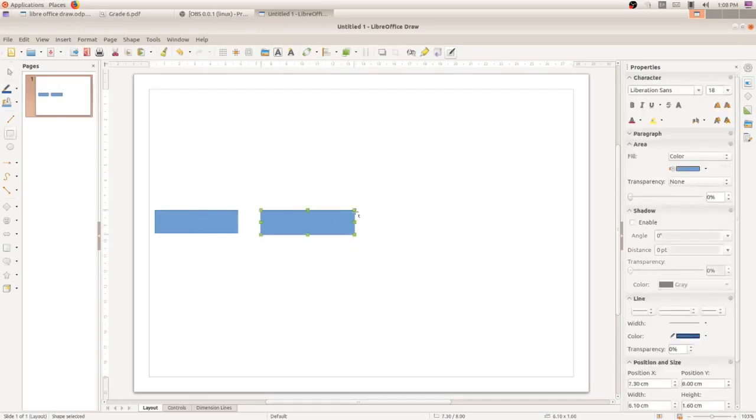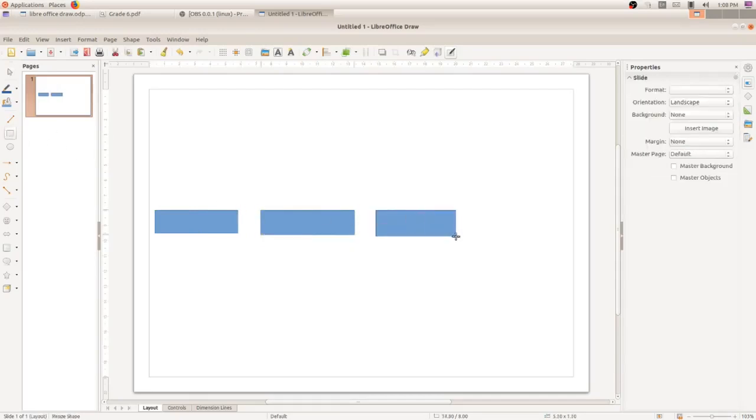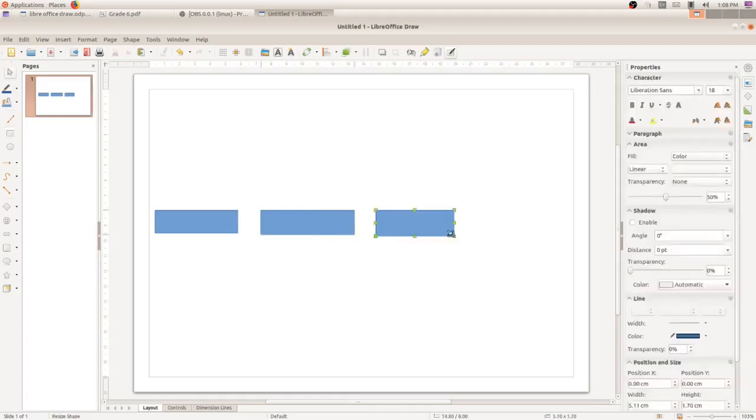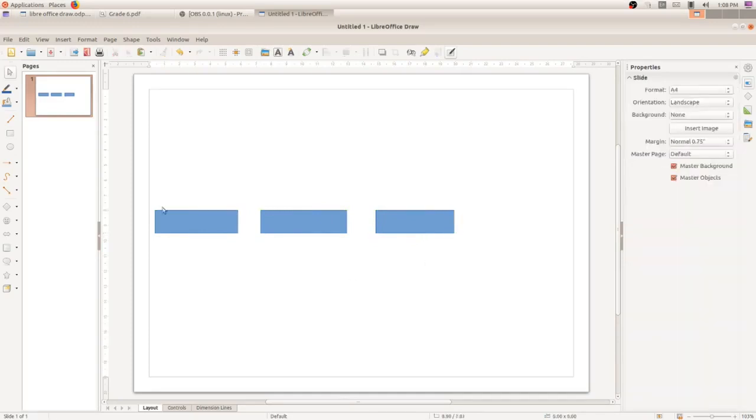Again choose the rectangle tool, draw another rectangle. Okay, so you can adjust the size and all, that's up to you, no problem. I'm just adjusting the size.